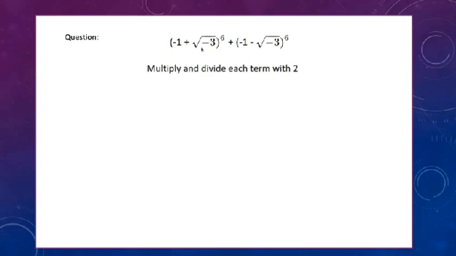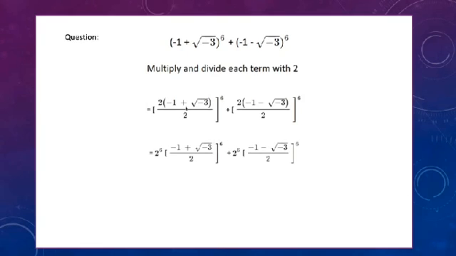We will multiply this by 2 and also divide it by 2. So after multiplying and dividing, 2 over 2, and within the bracket we have (minus 1 plus under root minus 3) whole raised to power 6 here, and whole raised to power 6 here. We have multiplied both terms and divided both terms by 2. Why have we multiplied and divided? Because we want to make it equal to omega, and in omega we must have 2 in the denominator. Now the next step is we will write this like this.